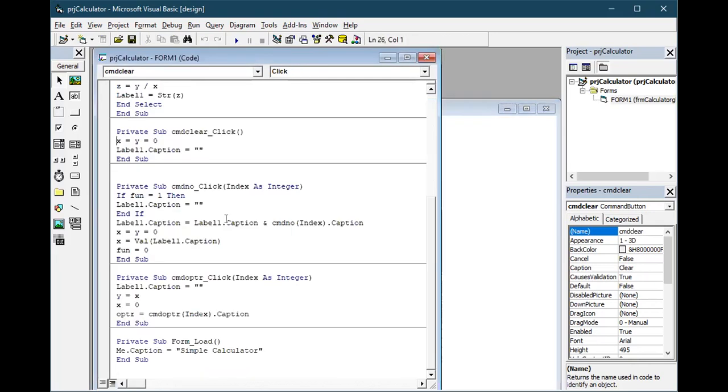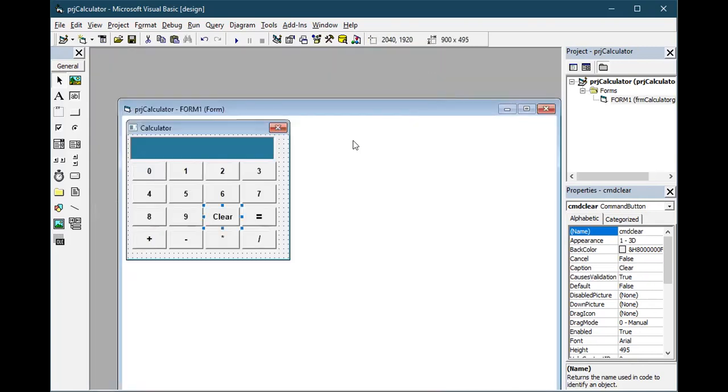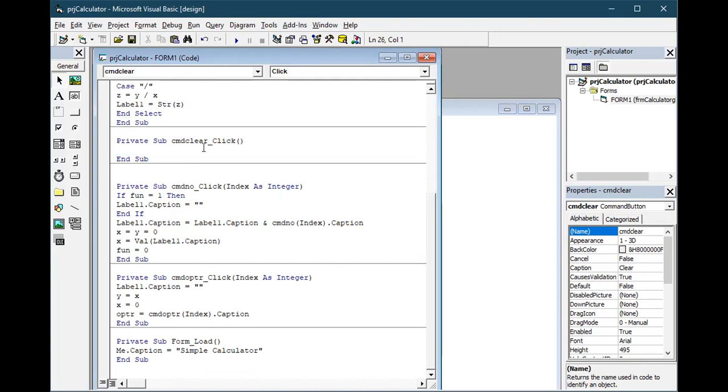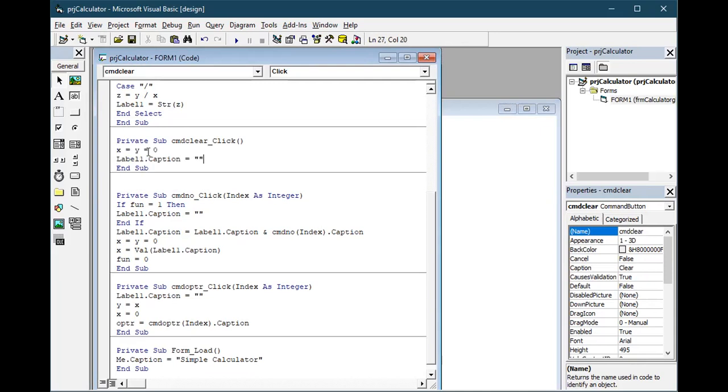One more thing, you don't type the first line. You double click, and both the lines will come automatically. Just in between, you type x equals y equals 0, Label1.Caption equals open quotes, close quotes.